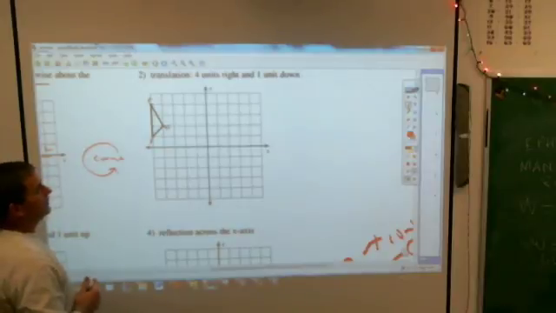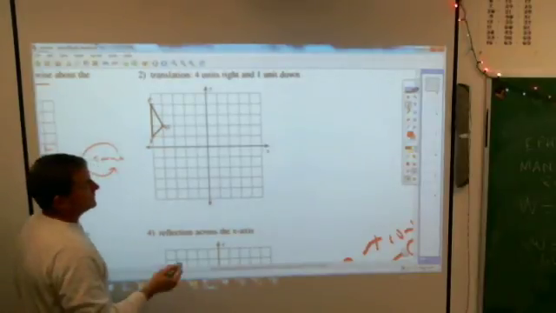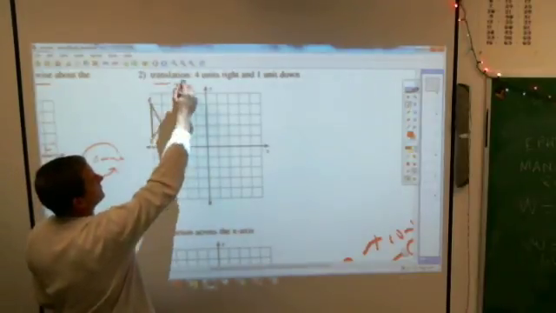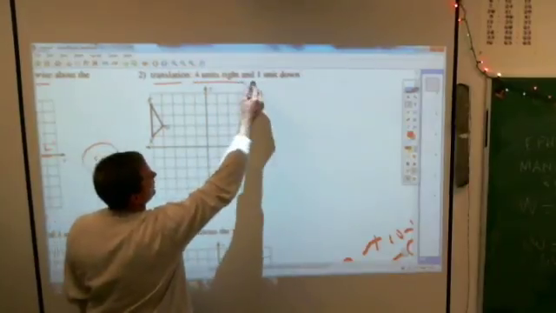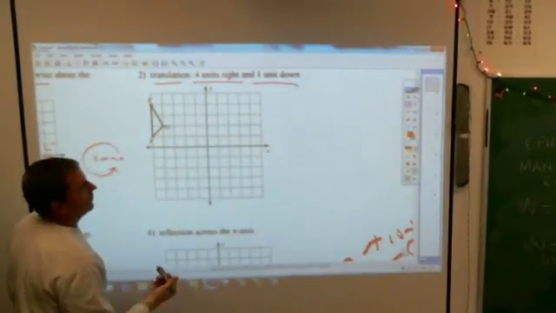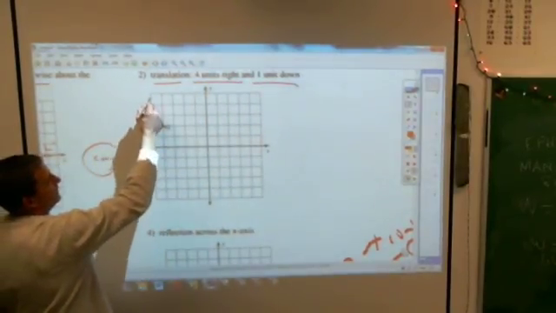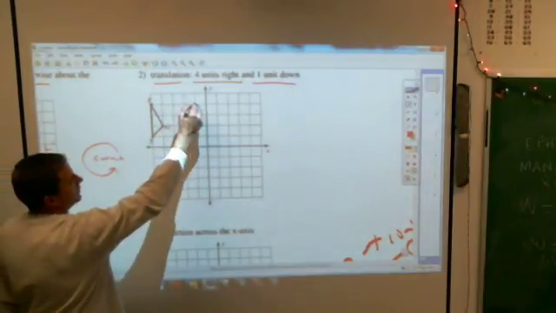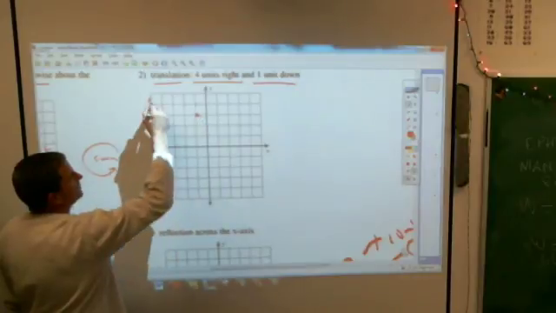Probably a good one. Translations, on the other hand, ladies and gentlemen, are very easy. This translation is 4 units right and 1 unit down. So you just pick a point. Here's point F. Go 4 units right, 1, 2, 3, 4, and 1 unit down, and you just label that